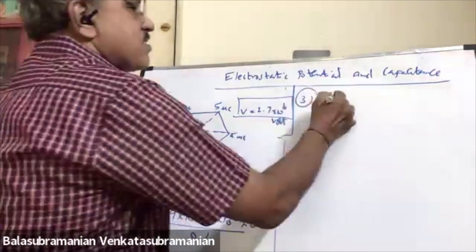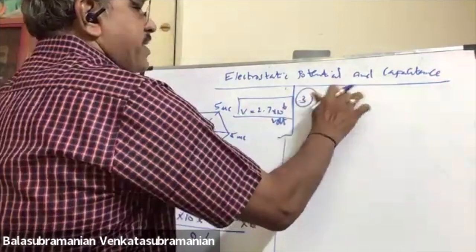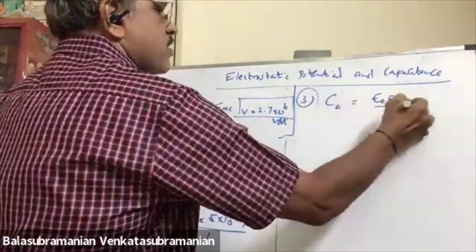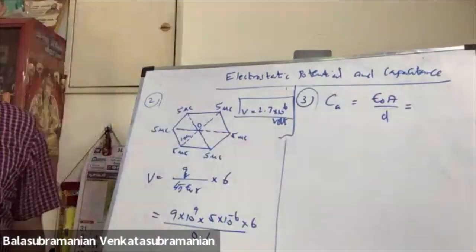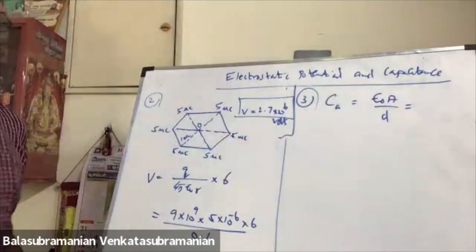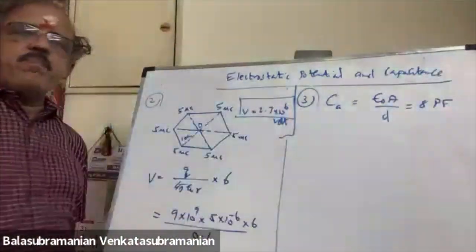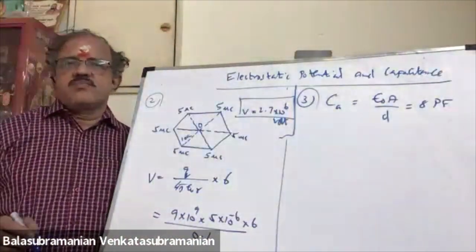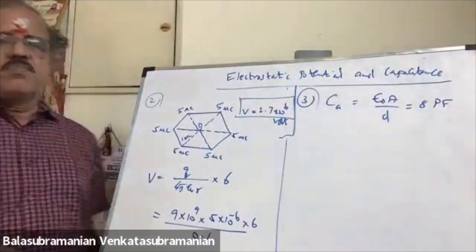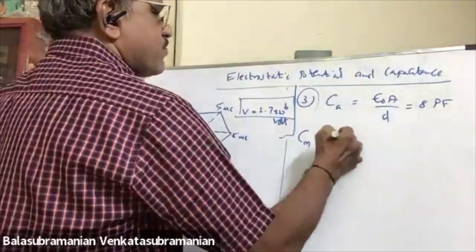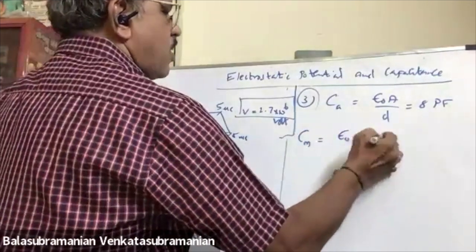Parallel plate capacitor in air. Basic formula epsilon naught A by D. I think that value is given. What is the value? 8 picofarad. Picofarad means 10 power minus 12 farad. Okay. Now, C medium is epsilon naught, epsilon R A by